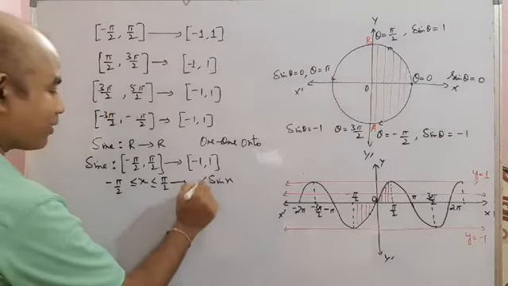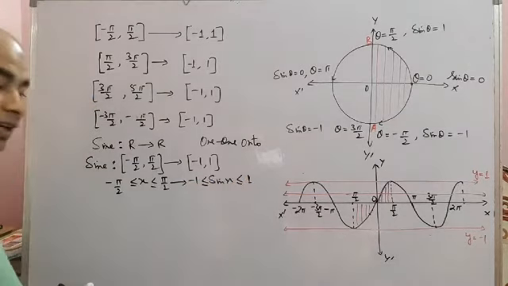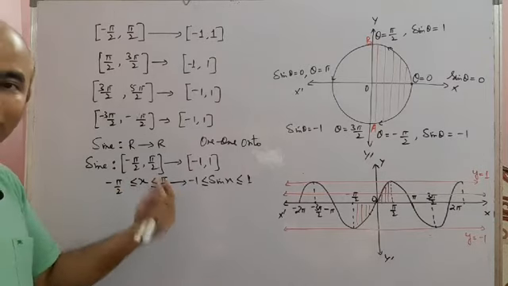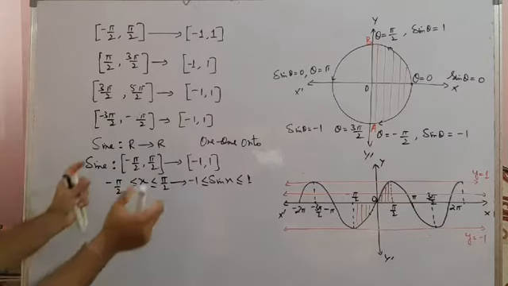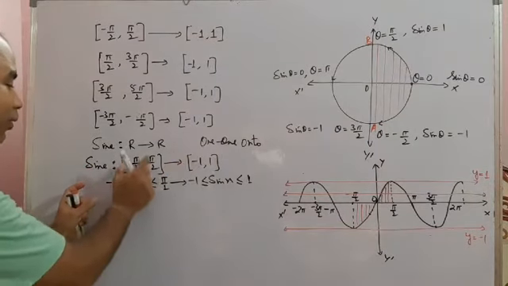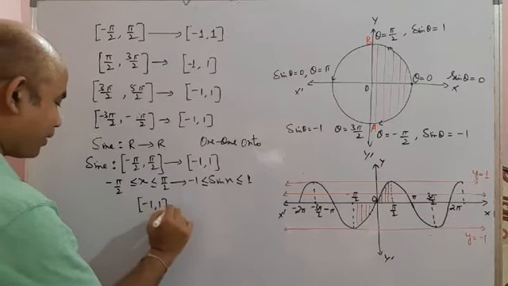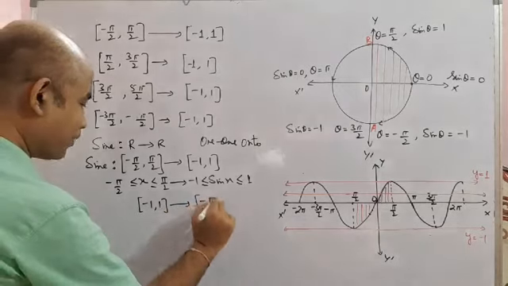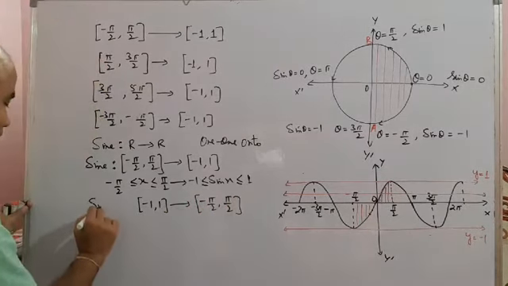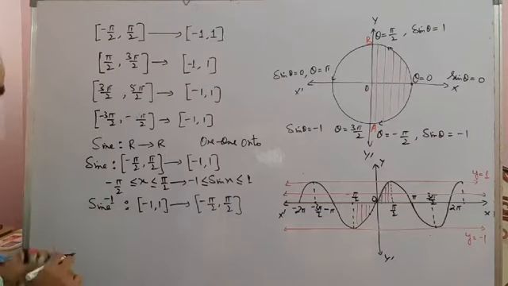Then this sine x, the image also, must be a value between minus 1 and plus 1. Now the function is 1-1 and onto, so we can find the inverse of this. What is the meaning of the inverse of a function? The inverse of a function means the codomain will now be the domain, and the domain will be the codomain. So to write the inverse of the sine function, it will be like this. The name of the function will this time be inverse of sine, sine to the power minus 1.